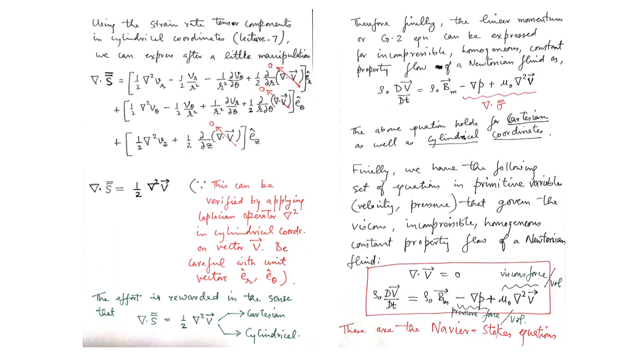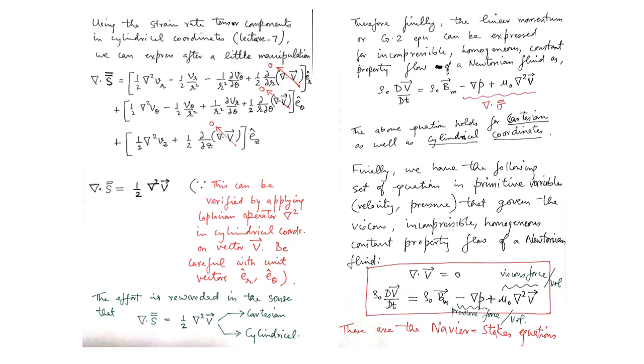We got the same result for del dot S in Cartesian and cylindrical, and we also got the same result for divergence of the isotropic part of the stress tensor, minus pi identity tensor, and that came out to be minus grad p or minus del p for both Cartesian and cylindrical. So now, therefore, on the right now I am reading this statement. Therefore, finally, the linear momentum or G.2 equation can be expressed for incompressible homogeneous constant property flow of a Newtonian